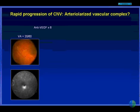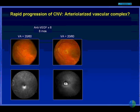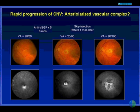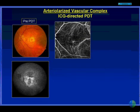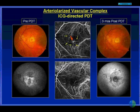Here's another example of a case of a patient who received multiple doses of anti-VEGF therapy. The lesion seemed to become inactive, surrounded by a zone of fibrosis. Patient skipped an injection, and there was dramatic enlargement of the lesion. What the ICG showed was that the patient had a large central feeder vessel, many branching arteries, and minimal capillary portion. We applied photodynamic therapy to the center of the lesion and shut down perfusion to the entire lesion. Interestingly,